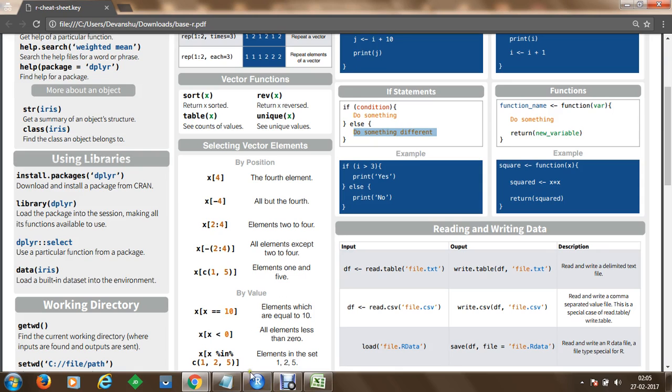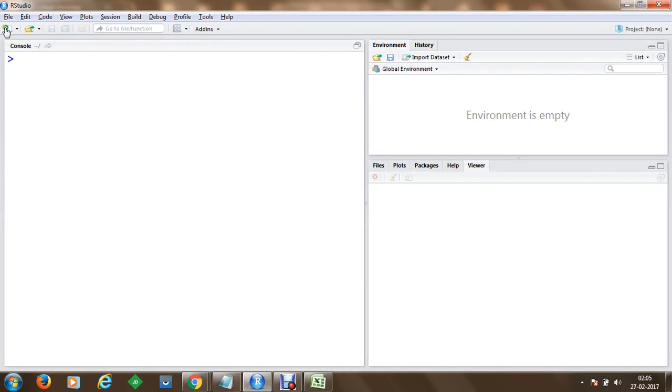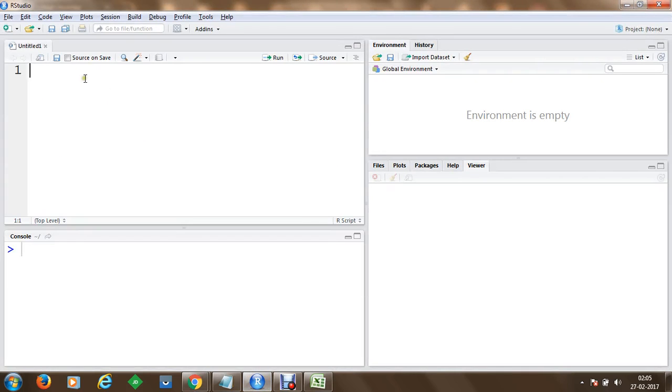Let's get started. In order to do that, we are going to create a new RScript file, and within the RScript file we are going to write if-else conditions. We can simply check, let's say, if we have a value I as 10 and we want to check if I is smaller than 10, we are going to execute the business logic, else we want to print something like a different business logic here.